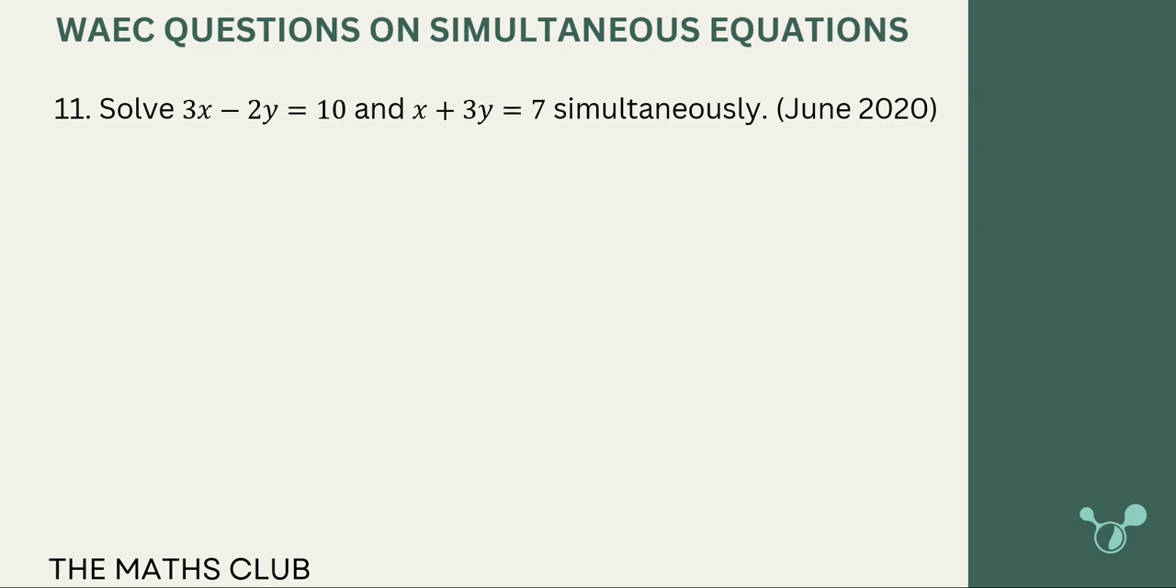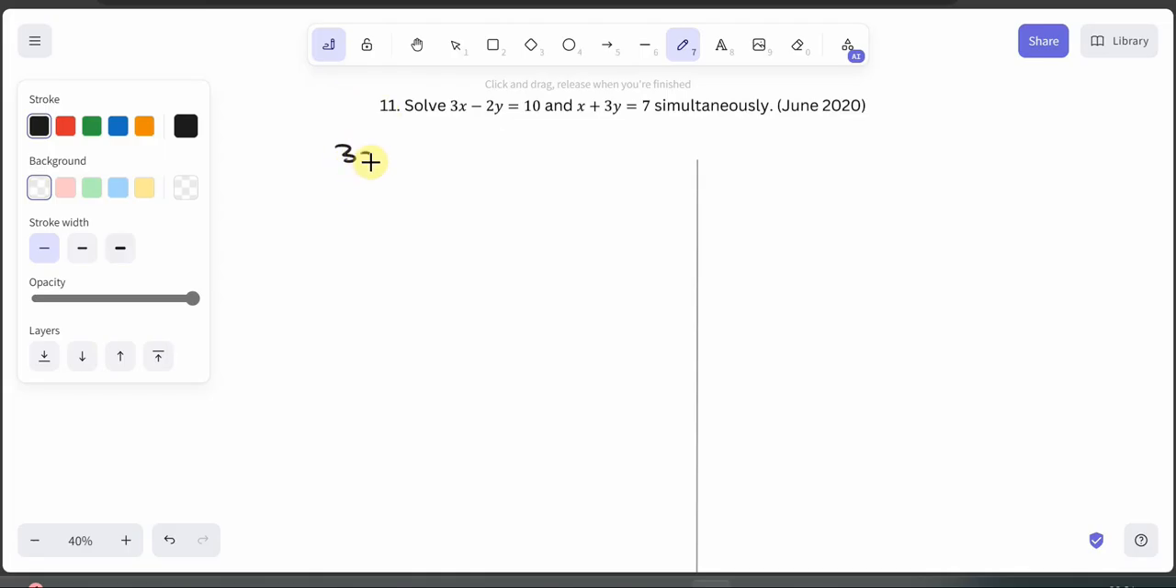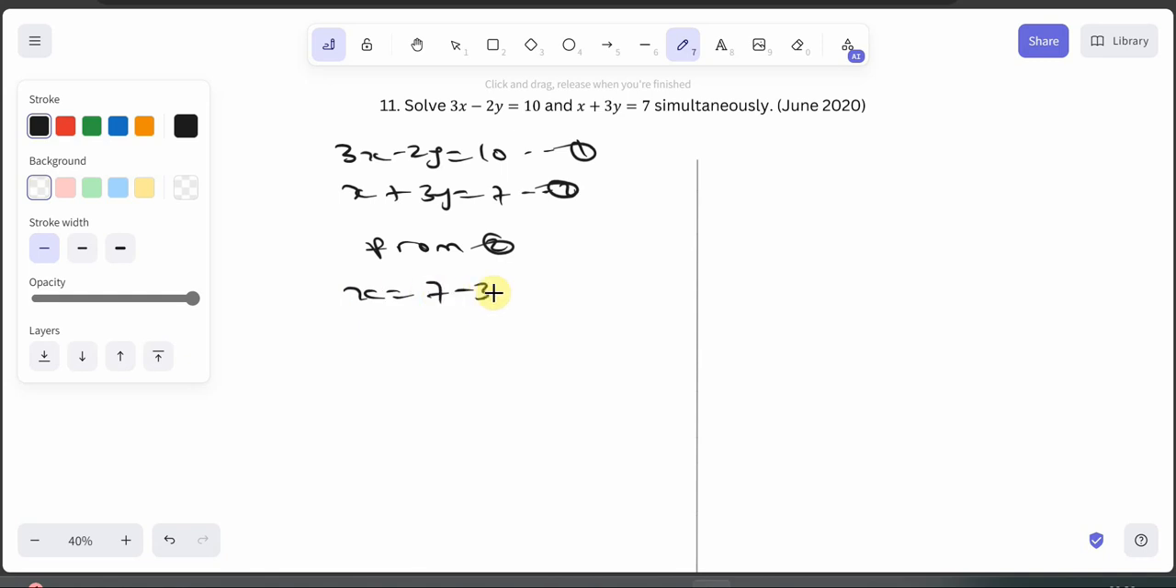Welcome back. Let's solve it together. So we're given 3x minus 2y is equal to 10, which is equation 1, and then x plus 3y is equal to 7, which is equation 2. I'm going to use the substitution method here. So from equation 2, I could say my x is equal to 7 minus 3y,